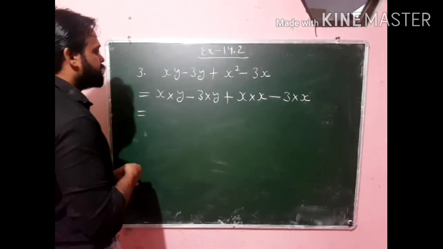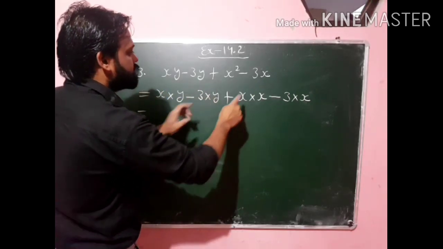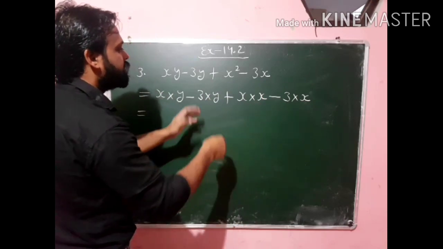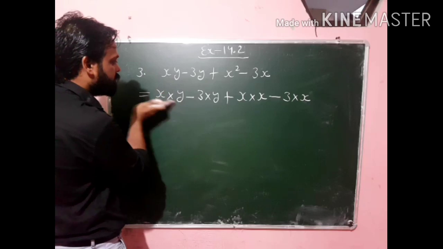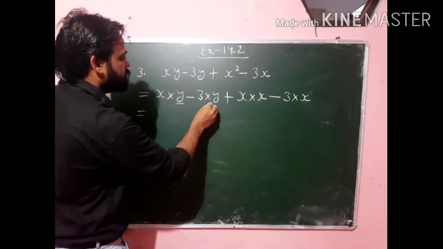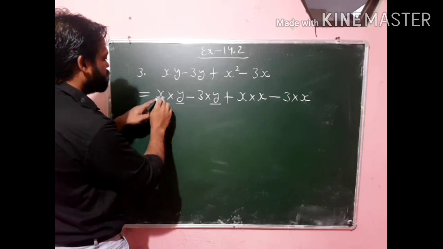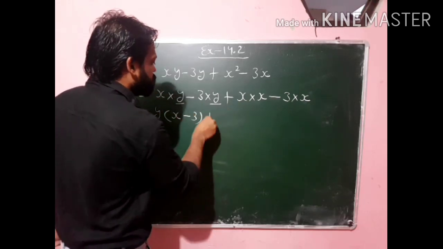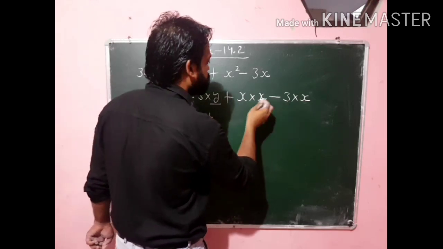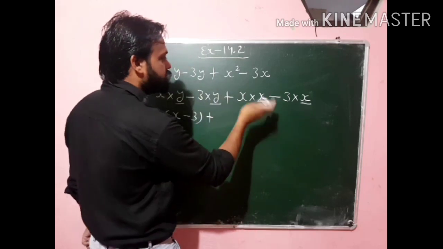So in the next step we have to take the common terms in the first group and also take the common terms in the second group. It means we have to separately solve the first group and also the second group. Okay, now see in the first group this y is common, so take y outside of the bracket. How many terms are left? It is x minus 3 and then the plus sign as it is. Now you can see in the second group this x and x is common, so take